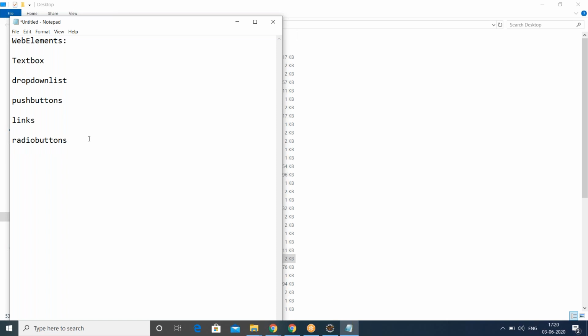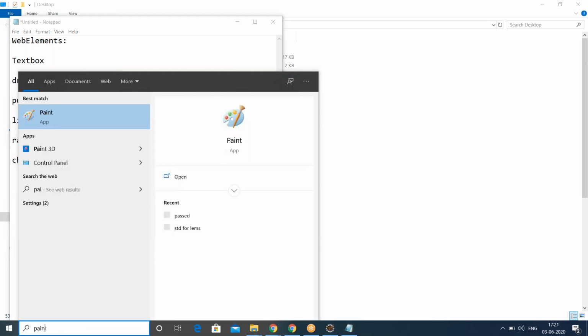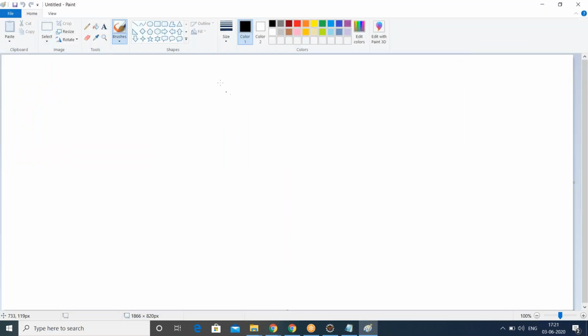And the next, checkboxes. You guys know what is a checkbox? Checkboxes. You will see a square in which you are going to put a tick mark, right? Hope you remember.